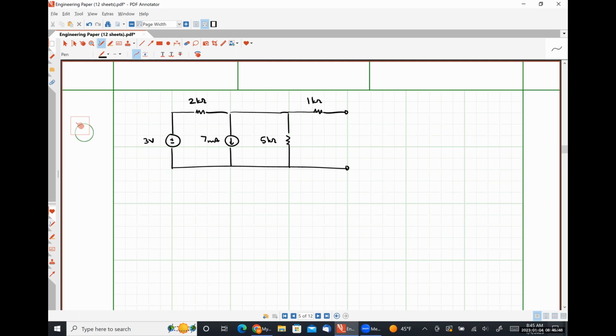So whenever we find it with respect to terminals, we don't need to take anything out. Whenever we find it with respect to a particular element, we take that element out. Just want to be clear there. Okay, so this is our circuit of interest, and we want